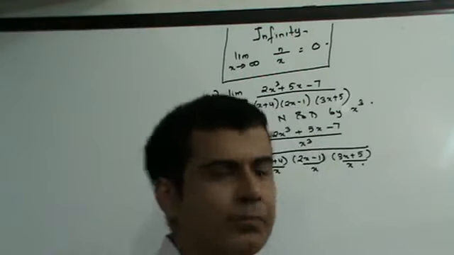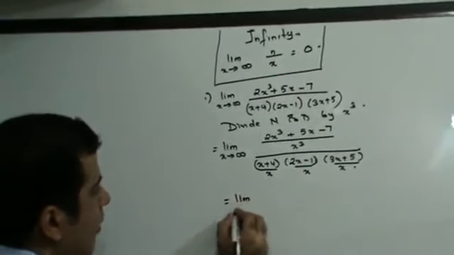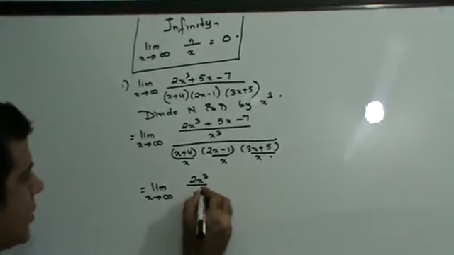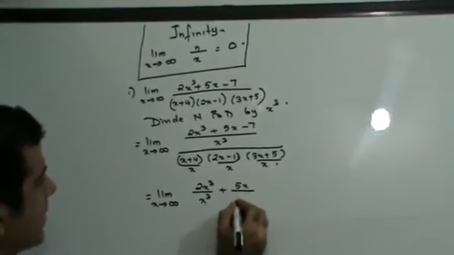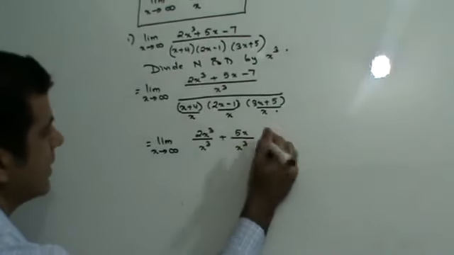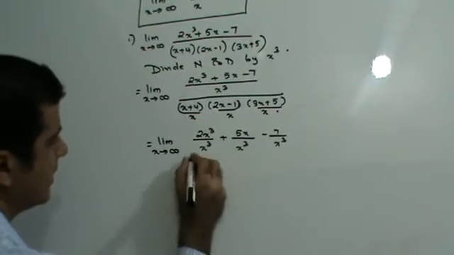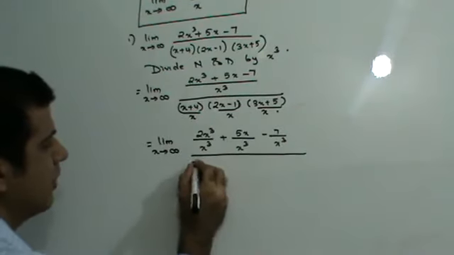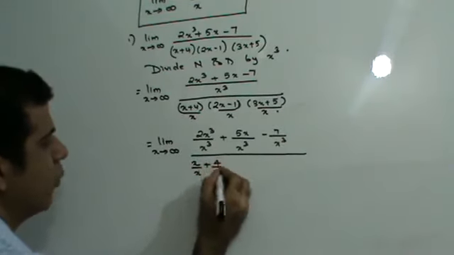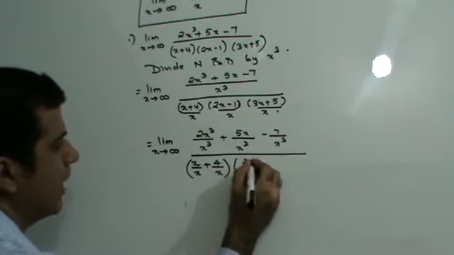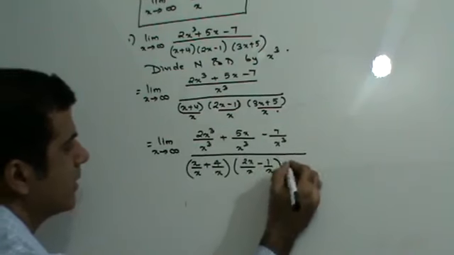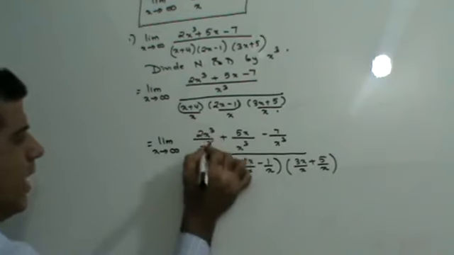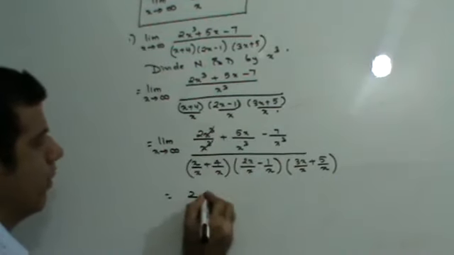Split the numerator: 2x cube upon x cube plus 5x upon x cube minus 7 upon x cube. Similarly, in the denominator, (x plus 4) upon x, (2x minus 1) upon x, (3x plus 5) upon x. The x cube gets cancelled, giving 2 plus,